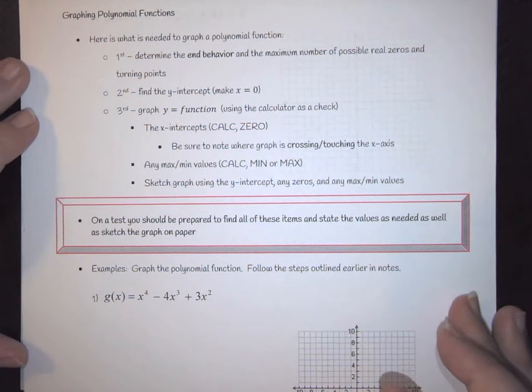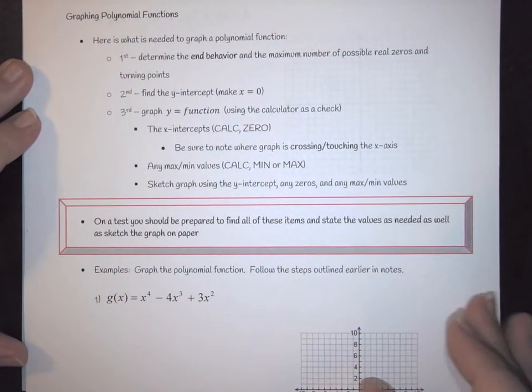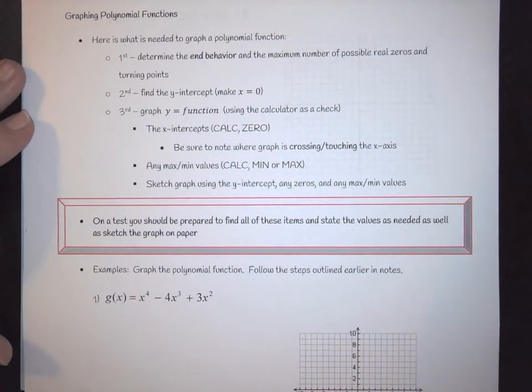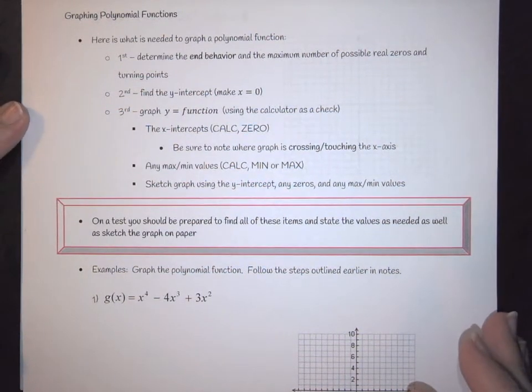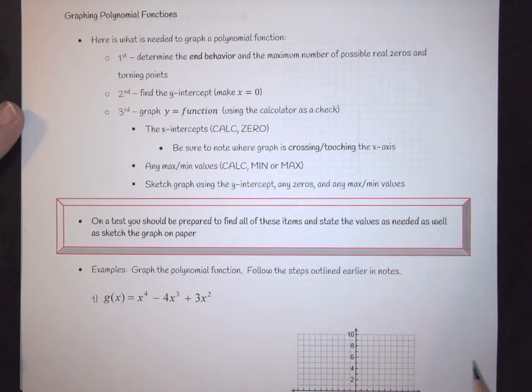Okay, in this video we are going to look at graphing higher degree polynomials using all of your identification pieces as well as your graphing calculator. So first and foremost, when you are graphing higher degree polynomials, the first thing you want to look at is what the end behavior is going to be and what the maximum number of possible real zeros and turning points